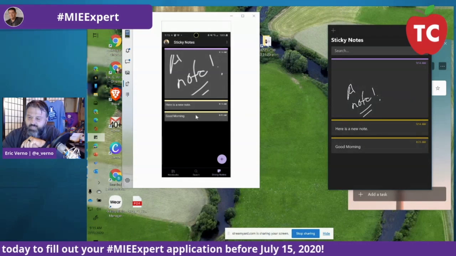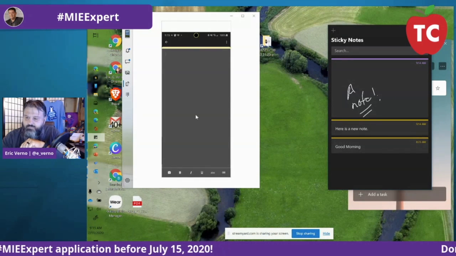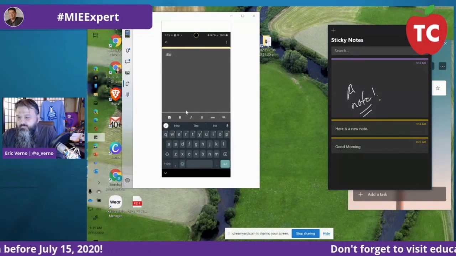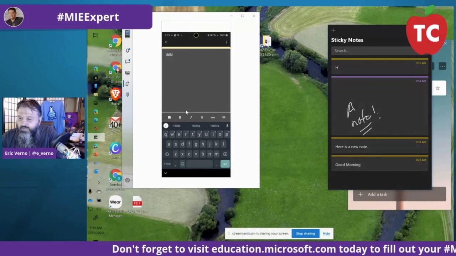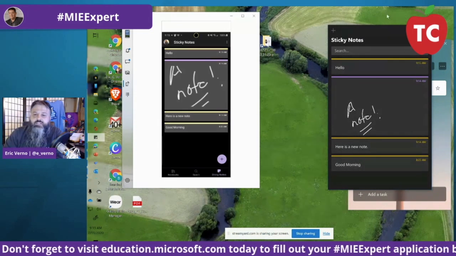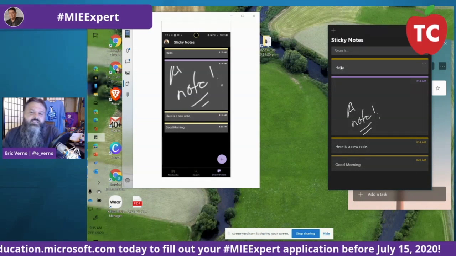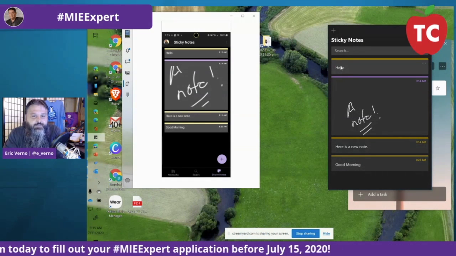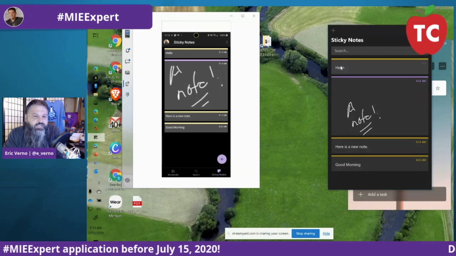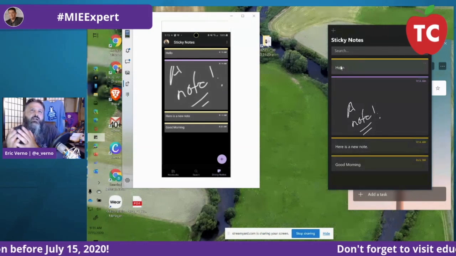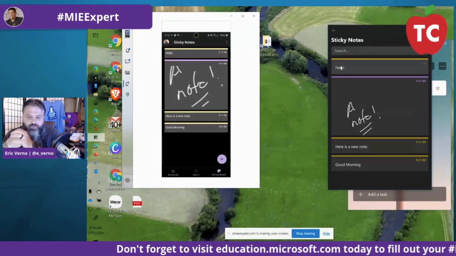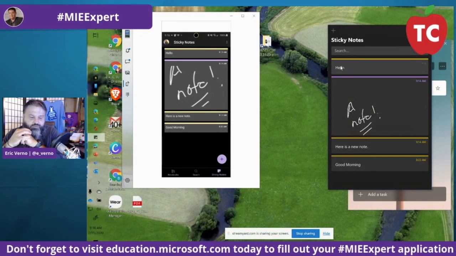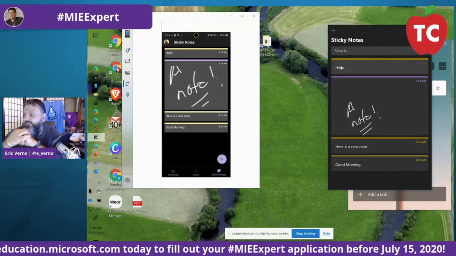So now if I want to add a note, just a quick little hello. And notice on my screen, it immediately synced to the desktop sticky note app. So now I'm able to pull that in there. And now use case scenarios, how I like this when I'm opening class and you're going through checking who's here, who's present. You're kind of going through,